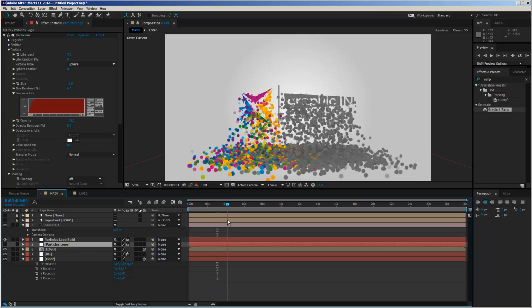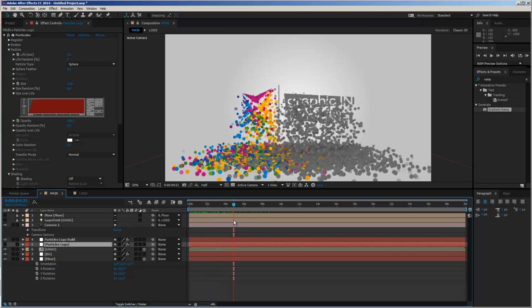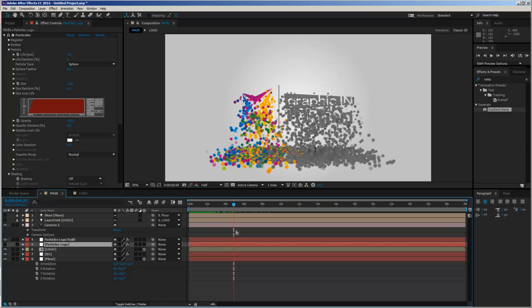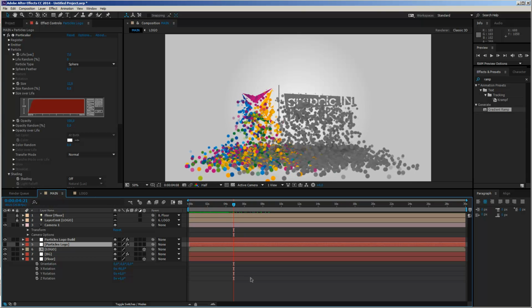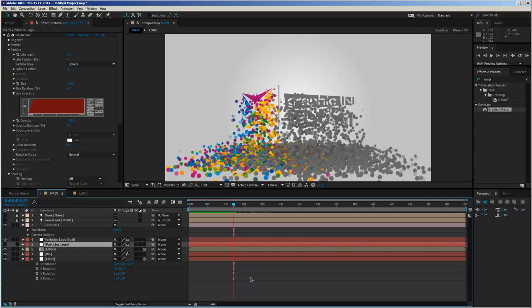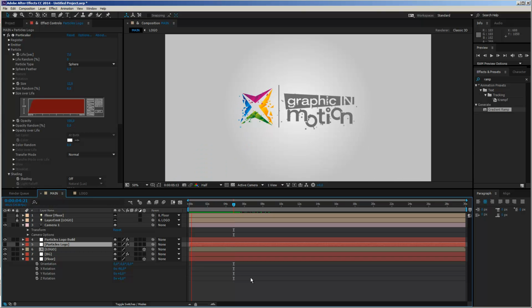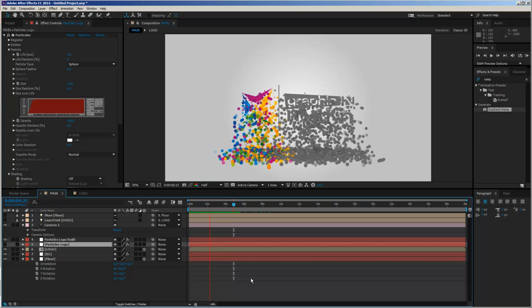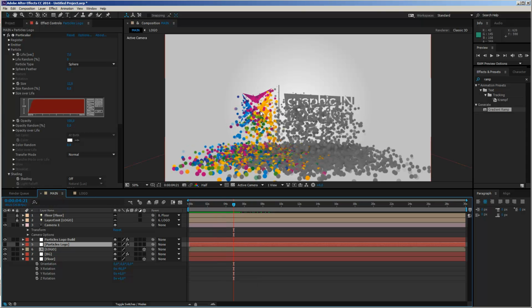And I will just create a quick RAM preview to take a look at the speed here, how fast this is working now. And I think that the gravity has the right value, so the particles fall down quite nicely, but I think that the sliding is a little bit too slow. They are kind of sticking to the floor, and I do not want this. I want them to spread out a little bit better.